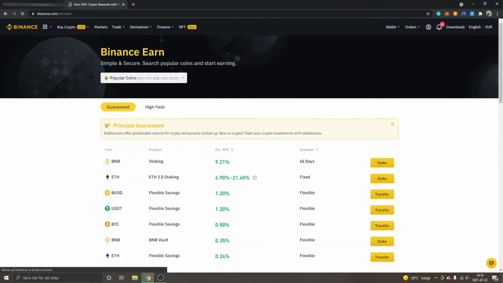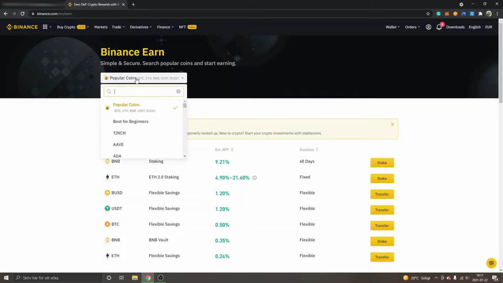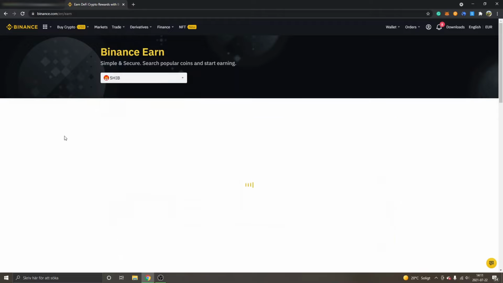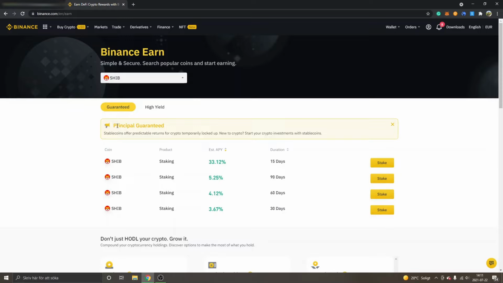And right here you can see Binance Earn, simple and secure, search popular coins and start earning. So you can see popular coins right here. You can just click on this menu right here, and then you can search for SHIB, and then you will see the Shiba Inu token right here. So click on SHIB, and then you will see guaranteed, principal guaranteed, and lots of different alternatives to stake the